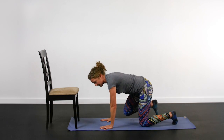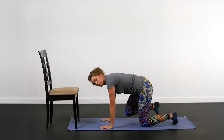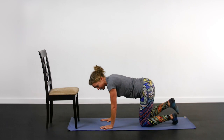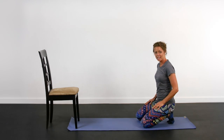2 more. Abs tight. Forward, side, back, back down. 1 more. Forward, side, back, and back down. Very good. Shake it out. Whew. All right, so the last exercise we have